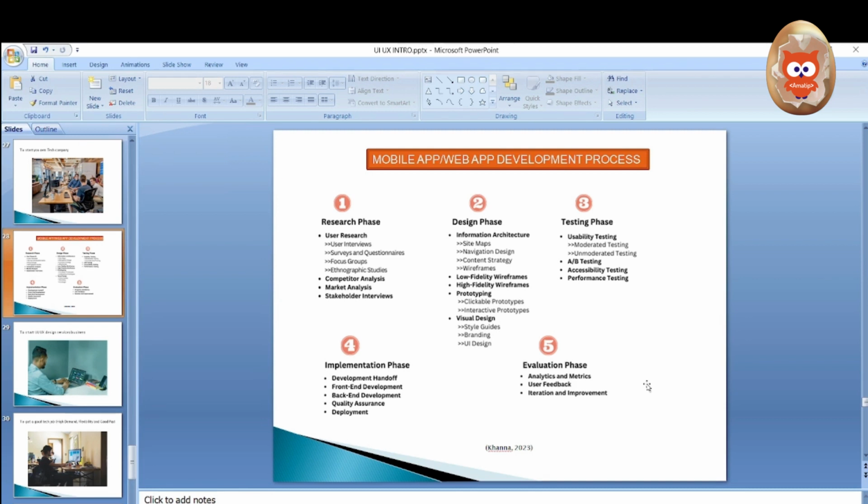And once you have your interactive prototype, you can now test this prototype with some users in order to see how good the prototype is. Is there any problem that you identify during the testing that you need to improve on? And once all this has been done successfully, that is when you can move to the implementation stage.